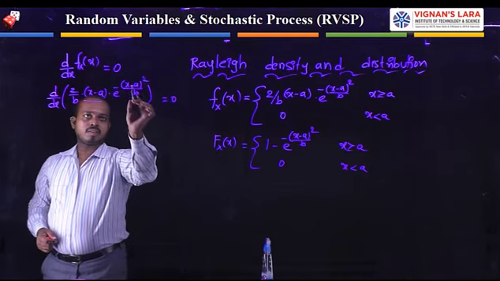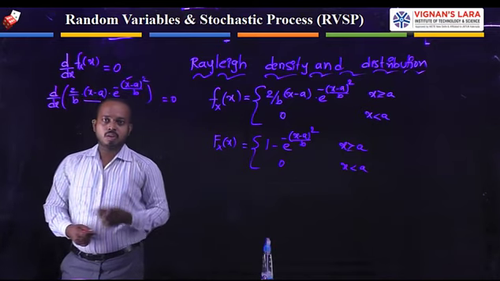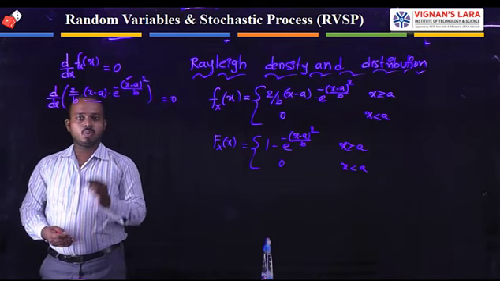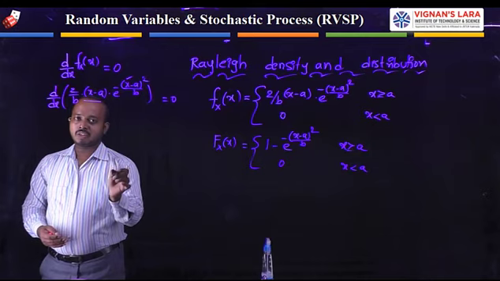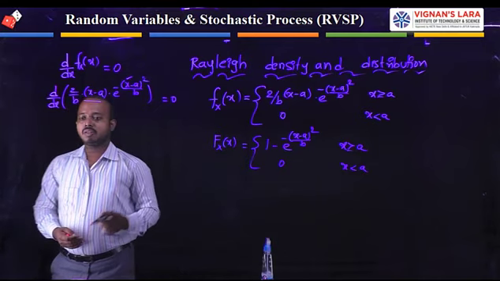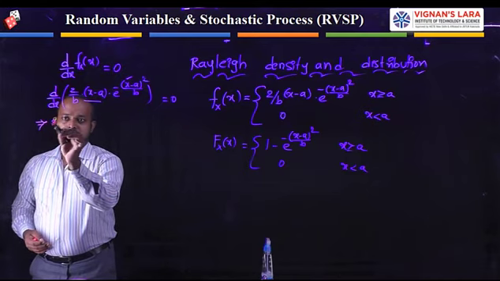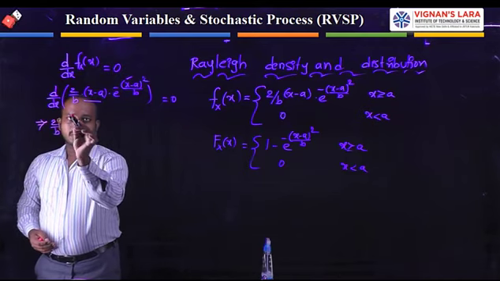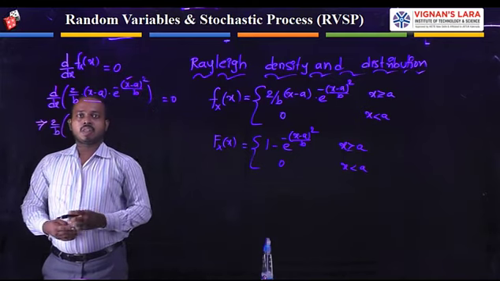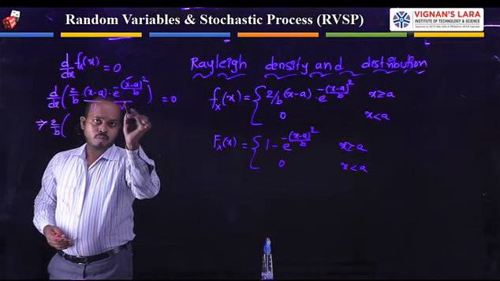Both terms have x as a variable. That's why we need to apply the UV formula. What is the UV formula? The differentiation of UV is equal to u into the differentiation of v plus v into the differentiation of u. According to this property, here 2 by b is a constant, so I am taking 2 by b separately from the x minus a and e power minus (x minus a) whole square by b. Now I am applying the differentiation to the second term. The first one is u and the second one is v.